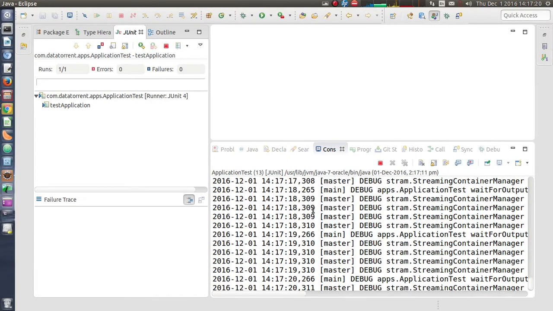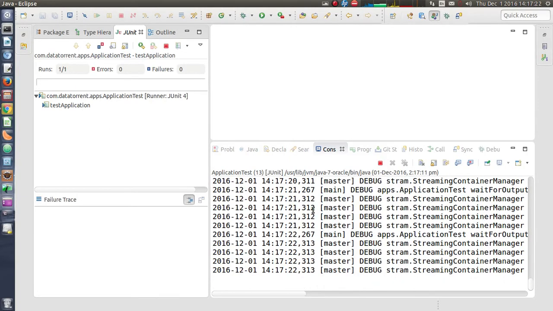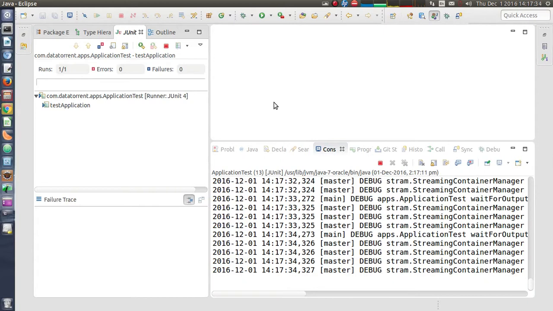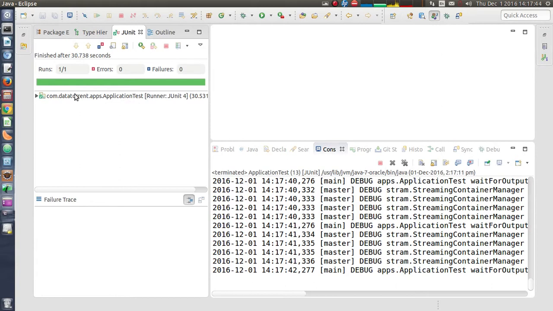So this is just to make sure that the application is running fine in the local environment. You will need Postgres installation locally to run this application test. In the POM configuration, we have disabled the application test by default for the Maven build, but for the sanity check you can always invoke this test from the IDE.